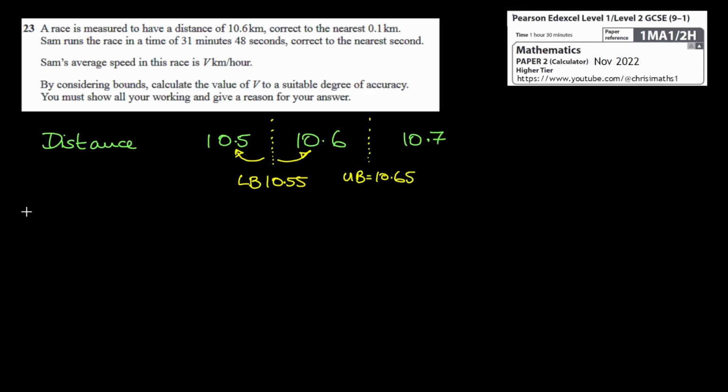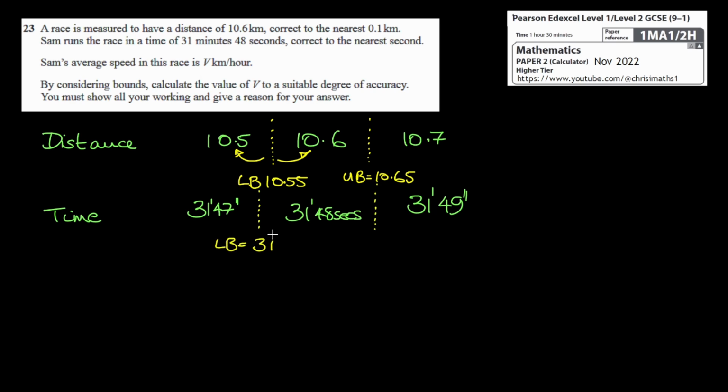Now let's do the same thing for the time. So the next one up will be 31 minutes, 49 seconds. And the next one down will be 31 minutes and 47 seconds. Once again, the barriers are halfway in between. The lower bound is equal to 31 minutes and 47.5 seconds. And the upper bound is equal to 31 minutes,